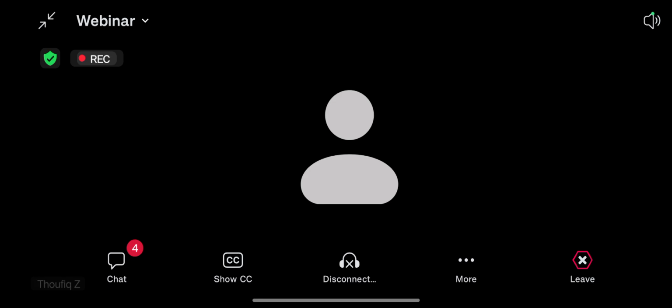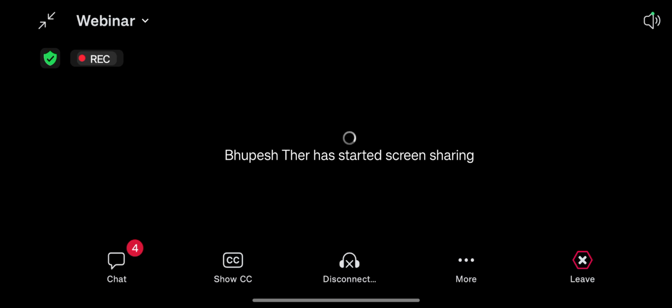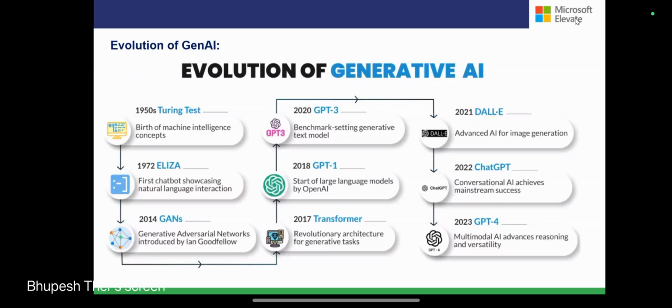Altogether, we have started the concept of generative AI, right? The major overview of generative AI is that it helps us generate new content. We have to differentiate two things: AI and generative AI.